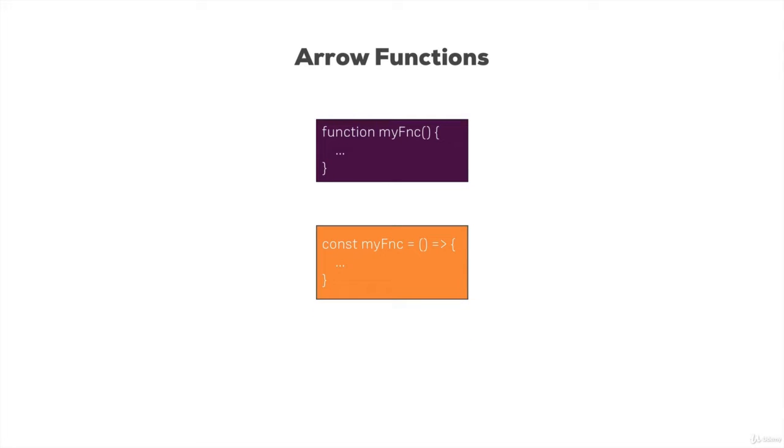Here I'm storing it in a constant, and then on the right side of the equal sign, that's the arrow function syntax. A list of arguments, here it's none, but it could hold some arguments, and then an arrow, so an equal sign and a greater than sign, and then the function body. The arrow function syntax is a bit shorter than the normal syntax, since it omits the function keyword, and it also, and that is the great benefit, solves a lot of the issues you often had with the this keyword